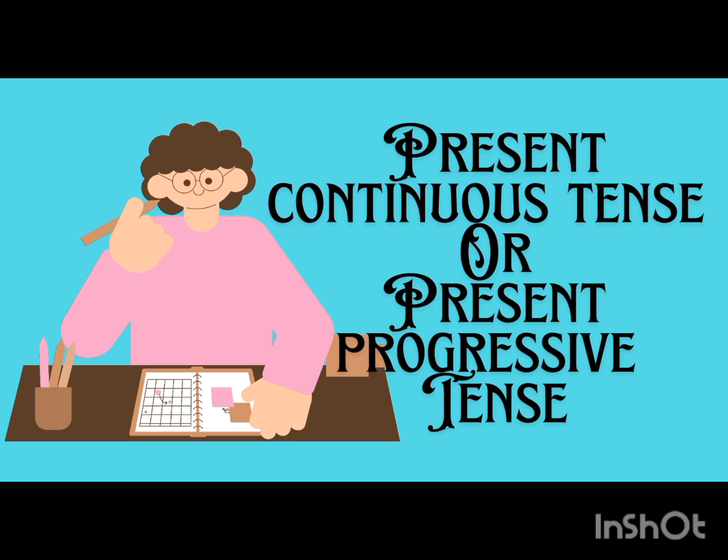Today I am teaching you about present continuous tense, or you can say present progressive tense. But before this, students, you must keep in your mind a key word about continuous. Continuous means ing. Whenever you learn about present continuous, past continuous, future continuous, present perfect continuous, past perfect continuous, future perfect continuous, you only have to learn the keyword continuous. Continuous means ing. Okay,